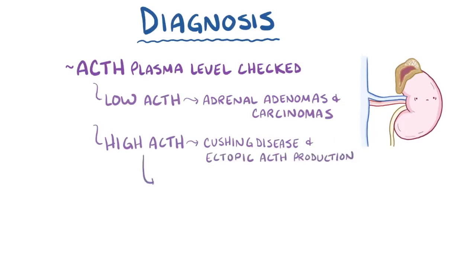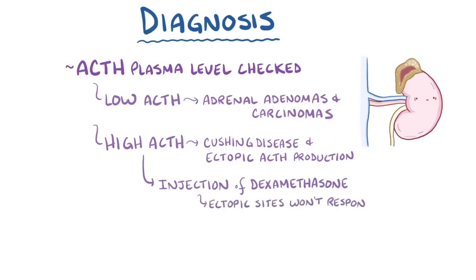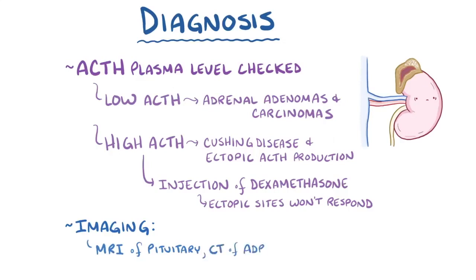If the ACTH level is high, the next step is to give an injection of a high dose of dexamethasone. Unlike pituitary adenomas, ectopic sites of ACTH production typically don't respond even to high doses of dexamethasone, and the serum cortisol remains high. After all that, imaging can be used. An MRI of the pituitary gland in the case of Cushing disease, a CT scan of the adrenals when adrenal pathology is suspected,